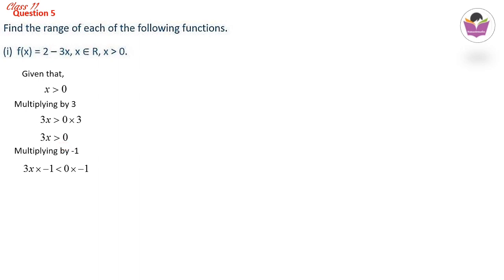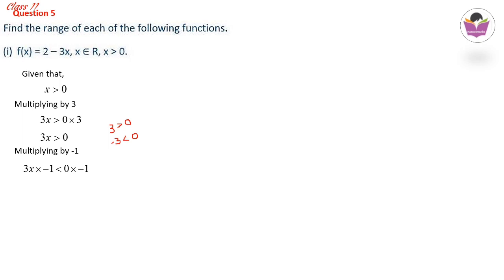When you check with an example, that is quite clear there. See, for example, 3x greater than 0. Here you can take 3, just a single value 3. 3 is greater than 0. That statement is quite true. If you want, I will write and show you. So 3 is greater than 0. That is a normal statement. It is always true. And if you multiply by a minus sign, on the left portion you will get minus 3, and on the right side if you multiply by minus 1, surely it will be 0 only. 0 into minus 1 is 0. But what is the relation between minus 3 and 0? Minus 3 is less than 0.